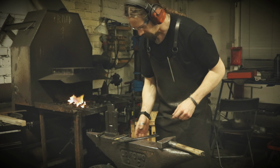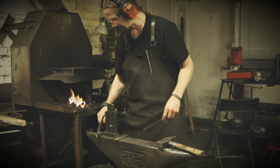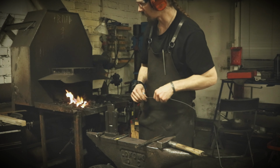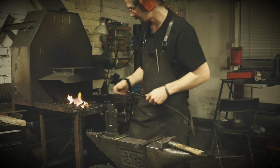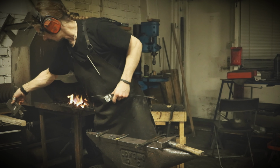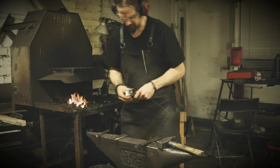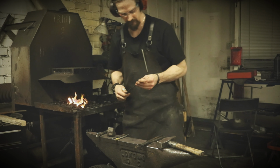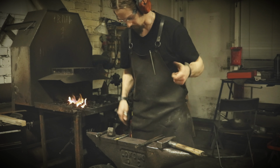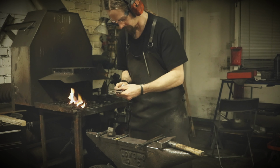So the next thing I'm gonna do is to forge the loop for the pendant, and I'm using a 3mm thick round wire, and here I'm gonna cut it up from the stock, even if I just said that I want to keep it as long as possible, but this 3mm is so soft anyway, so it won't help me. So therefore I'm cutting it off to the right length,